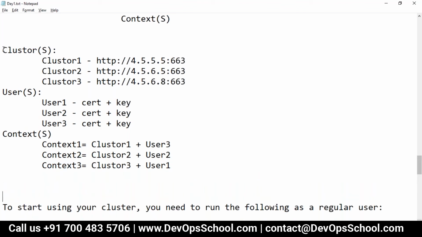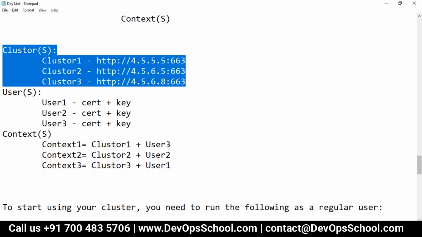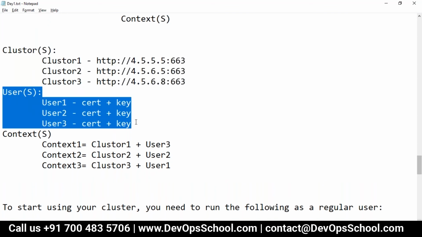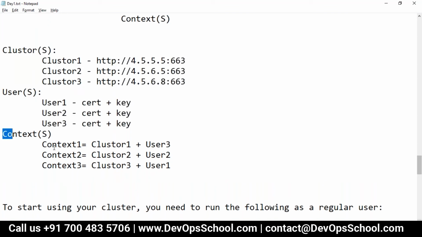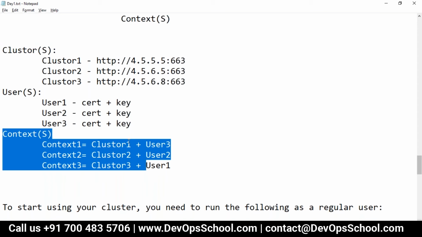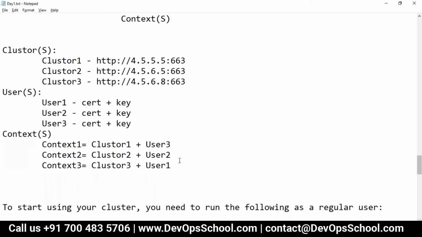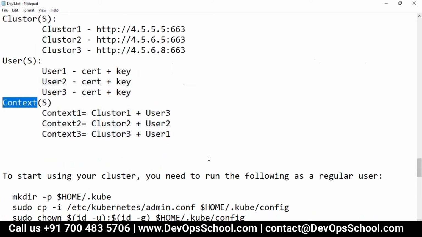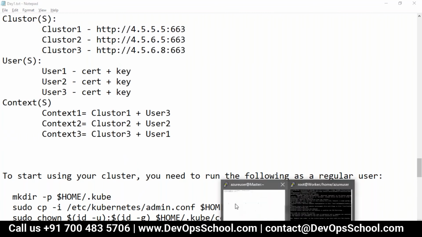See here, you specify in this section all the clusters, and specify all the users with the key and certificates. Here you set the context, which cluster belongs to which user. And finally, now you use the context in the command. So you run kubectl get nodes. So basically use one of the contexts. So how do you set the default context? Let's say here, if you look at my screen, all of you, please.